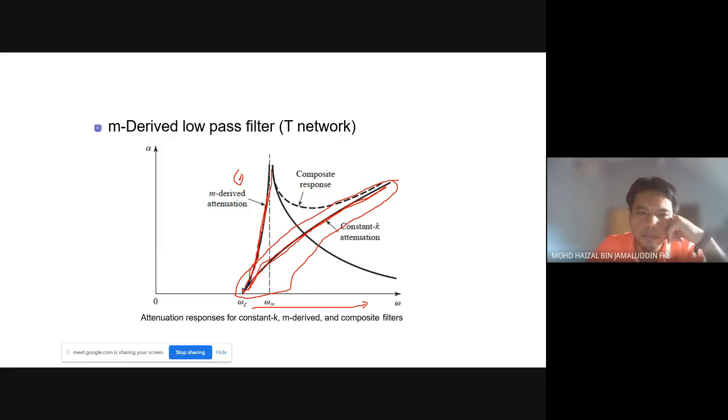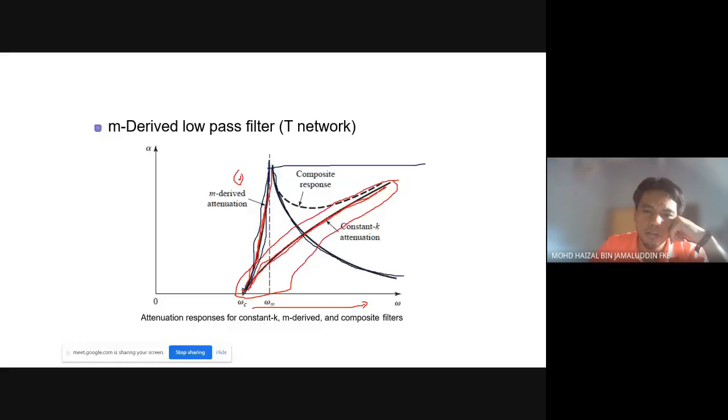So number 2, m-Derived, is introduced. We can get a sharp cutoff frequency at this omega infinity. Basically, we can also call it omega C, the cutoff frequency. Unfortunately, for m-Derived, it is not maintained. It is supposed to be maintained approximately at a certain attenuation here, a D line for example. Unfortunately, for m-Derived, it goes down after